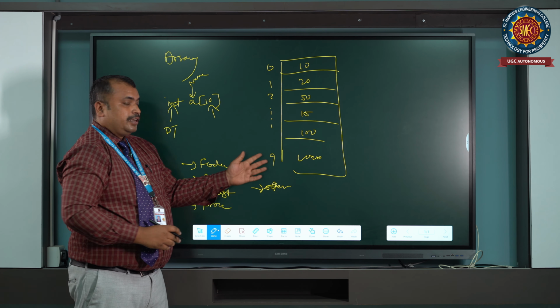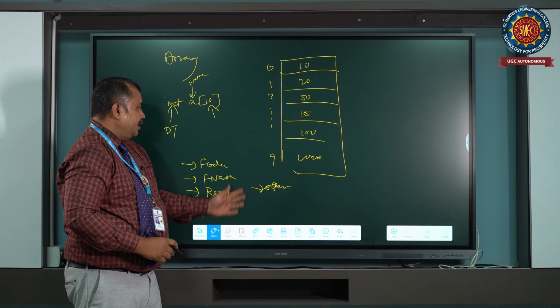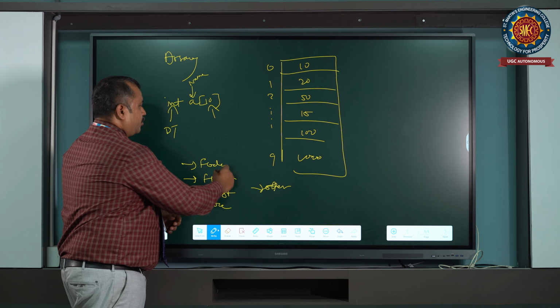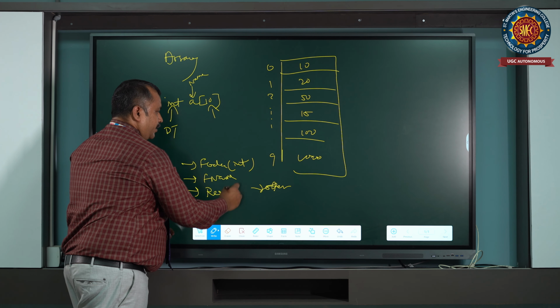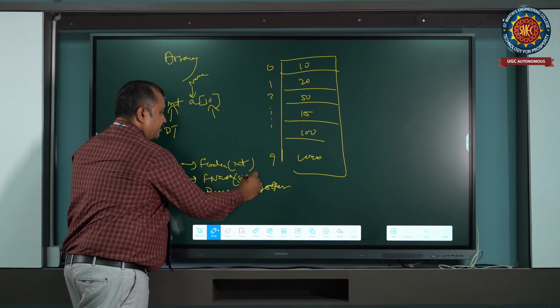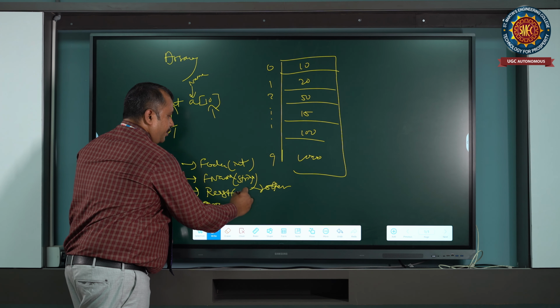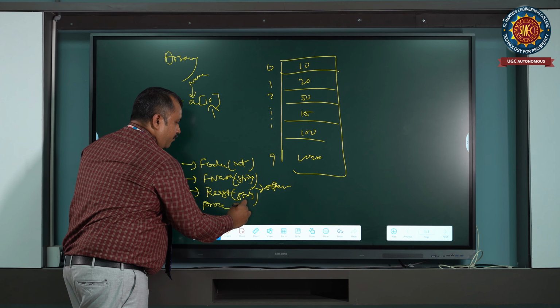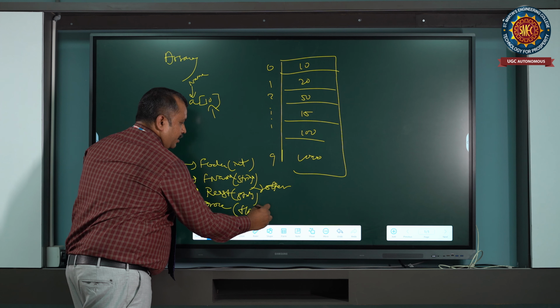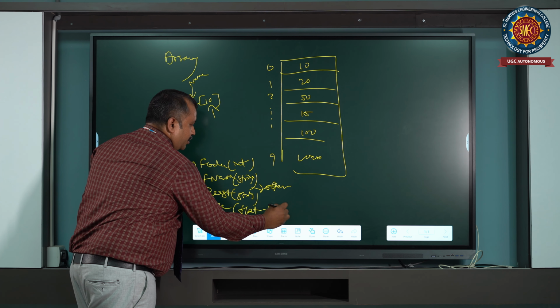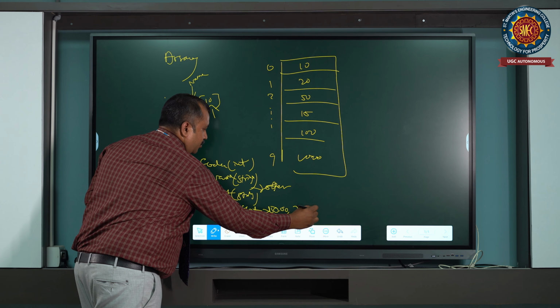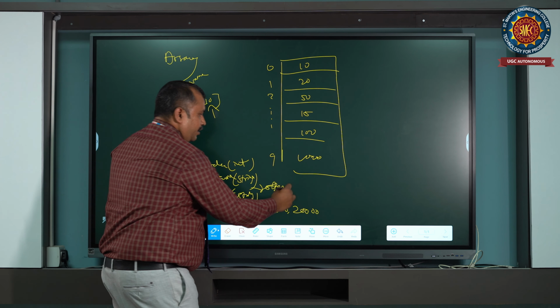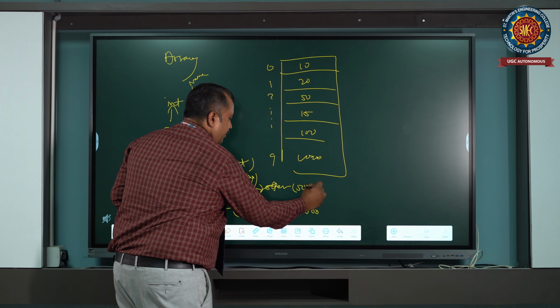Think about how different the kinds of data are that we are working with. Food code is an integer, food name is a string, restaurant name is a string, and price is a float, like 50.00 or 200.00. Then an offer like 50%.